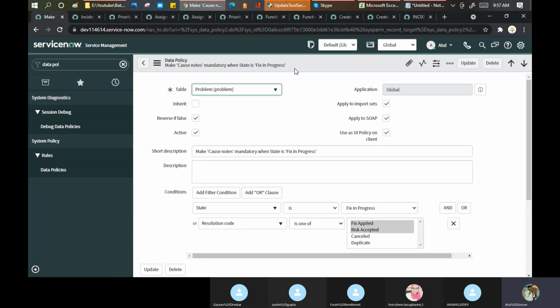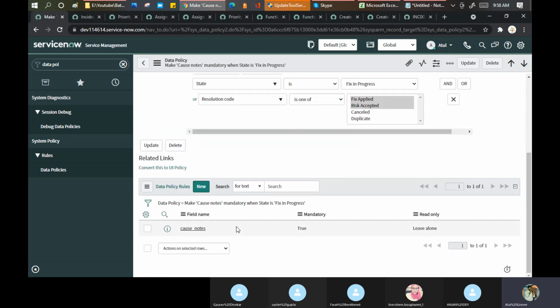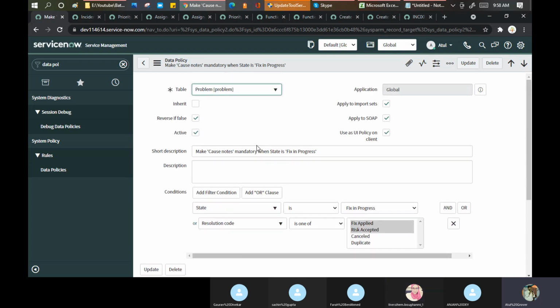UI policy works on the form level to make a field mandatory or read only. Don't be confused between these two things. So if I'm bringing any data and my current problem state is fixed in progress, then my cause note should be mandatory. Without bringing that field in the record, you cannot save that record in my system. That is the difference of the data policies.